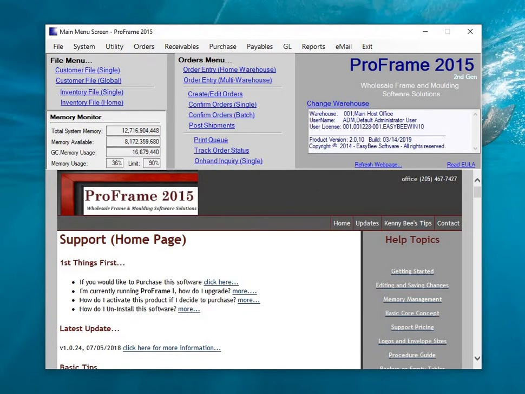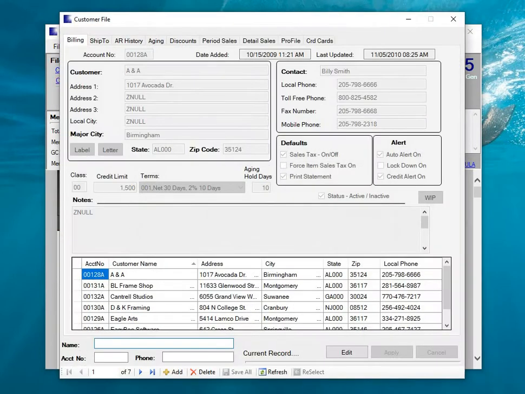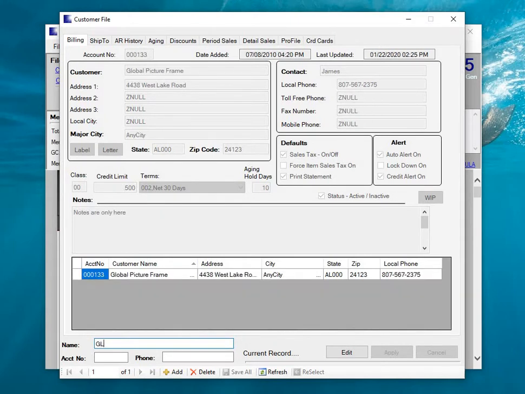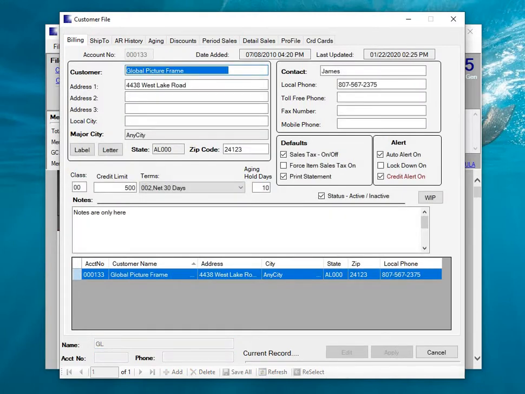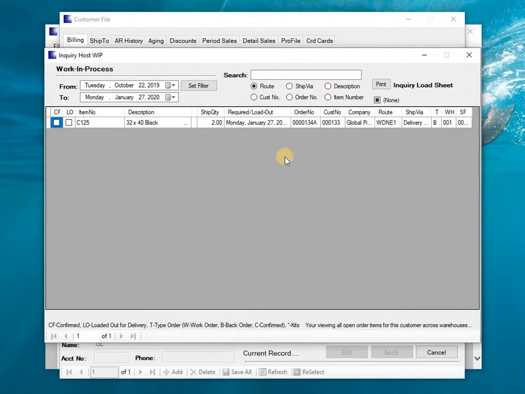Let's just go ahead and pull up Customer Global and I'm going to pull up the customer here called Global Picture Frame. Double click here. Now if you'll notice right here I've got a button that says WIP. Well, what that is, is work in process. If I click that, it will pull up any open work orders that we've got currently going on for this